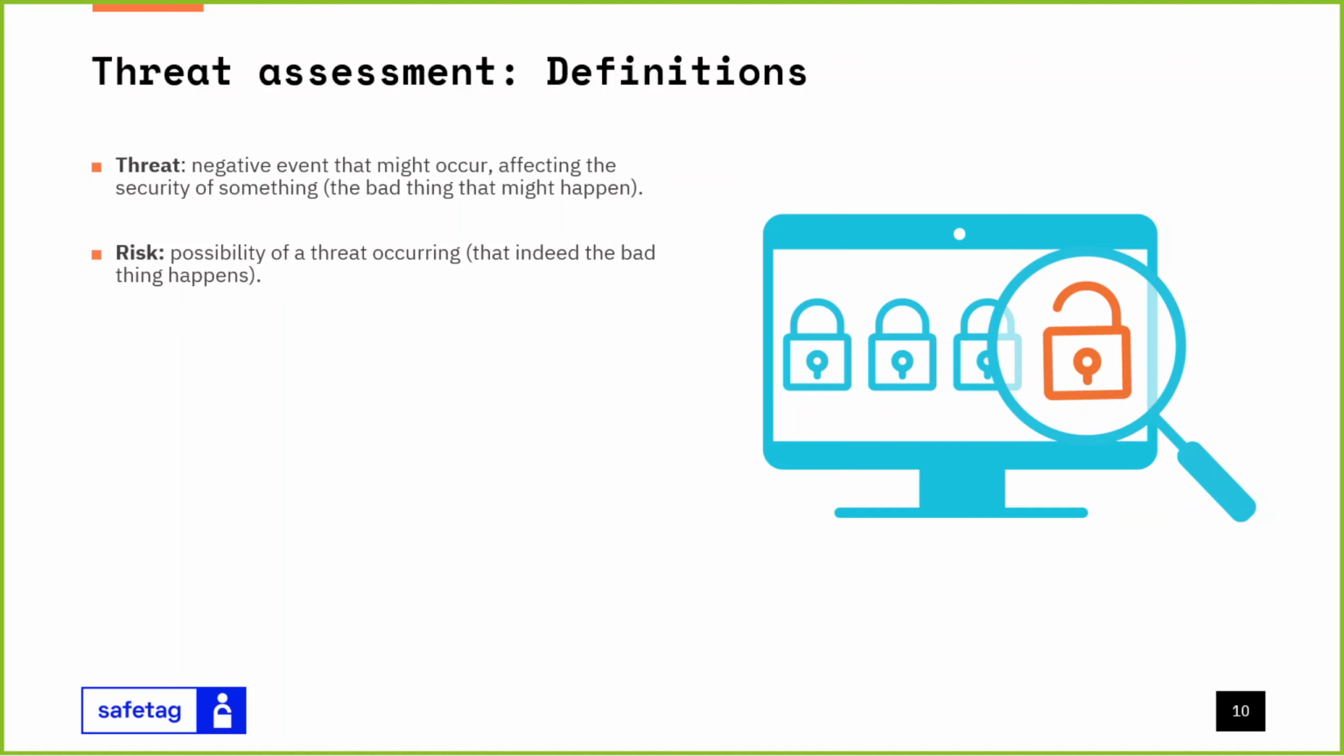It could be a threat here. The risk: these two terms are used a lot interchangeably. However, there is a subtle difference here. The risk is the possibility of a threat occurring, okay? That indeed that bad thing happens. So probably there is a bigger, higher risk